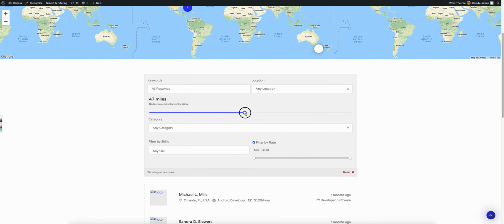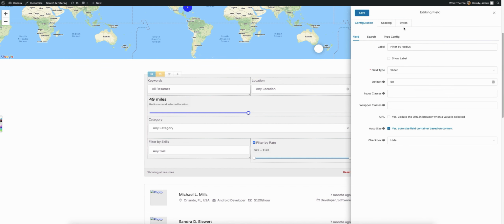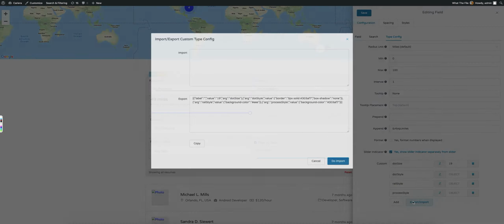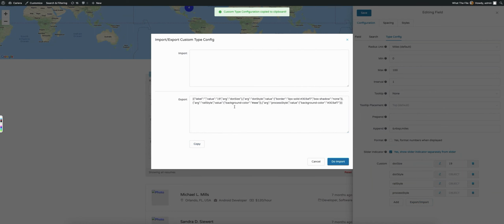Now as you'll notice, this range slider looks a little bit different than this one up here. And we don't like that, right? So how are we going to change that? Let's go back in edit mode and edit this field. I'll come over here to this type config, and you'll notice down at the bottom we have export import. I want to copy this whole style and apply it to this one over here. So let's export this, and then you'll see we have all of this we can export. Let's click this button to copy it,